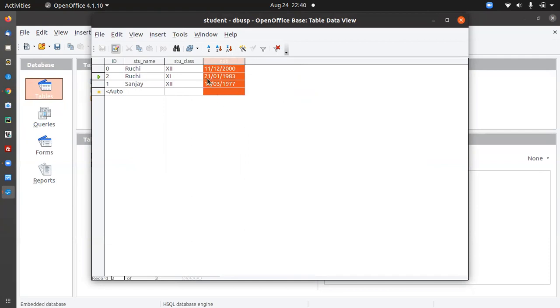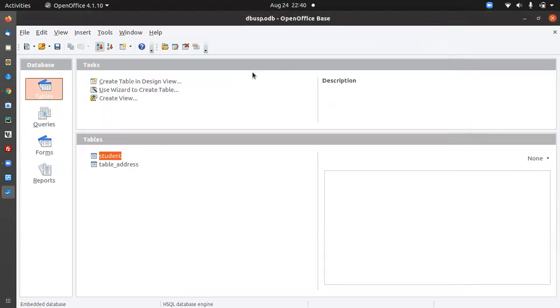Actually this process takes a lot of time, and I have pressed the button this time, so I am just going to kill that process. Now in this process you can arrange the order. So that is the method of how we can change the data in our existing table. If you have any query regarding how to modify your table structure, how to add data into the table, or how to change the data value,